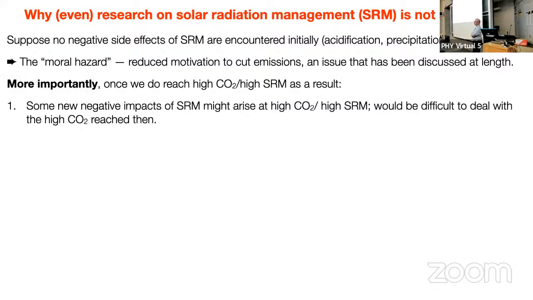And what do you do then? Because the idea about solar geoengineering was that you can always stop it, and within a year and a half, all these aerosols would fall out of the stratosphere. It's no big deal. But what if this is discovered only when the CO2 is already 1,000 ppm? Then it's going to be a problem. And then if you stop geoengineering, you have this abrupt termination shock that people worry about.